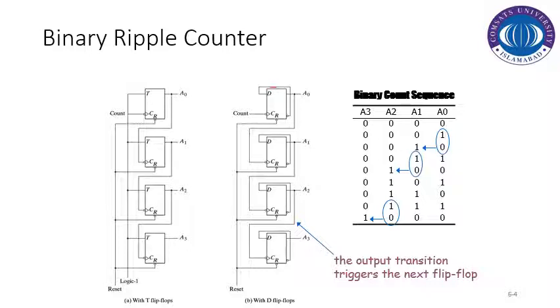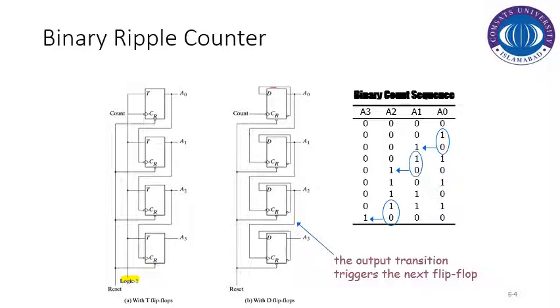So if we see these diagrams here, we can see that we are using 4 T flip-flops here, and all the T inputs are connected together and are set to logic 1, so that flip-flops are considered in toggle state. Similarly, all the flip-flops can be reset and have an active low reset, and we can see that these resets are combined from all the flip-flops, and whenever we apply 0 on this line, all the flip-flops are reset to 0, 0, 0, 0 or the default state.